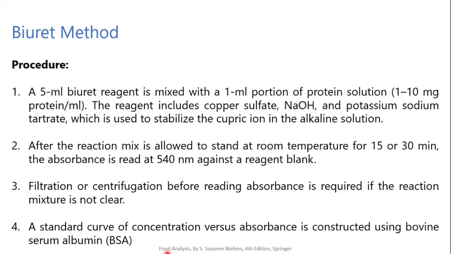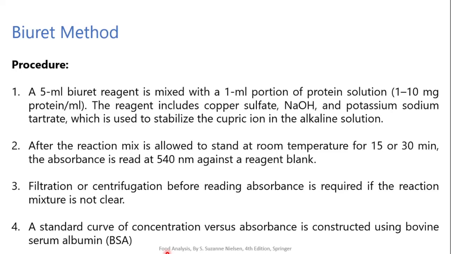Then after getting the absorbance, we first plot a standard curve. For plotting a standard curve in case of any protein sample, we generally use bovine serum albumin as a standard. This is because by using this standard, we can get an exact reading of the proteins. So why is BSA used? Because it is cheaply available and it is a universally used protein standard for various kinds of estimation of